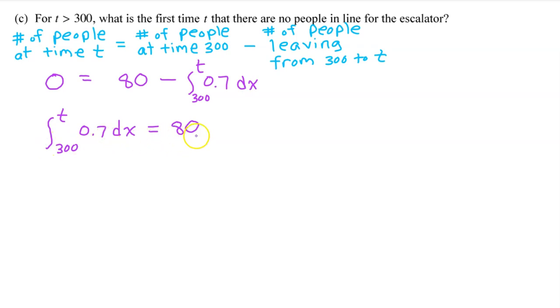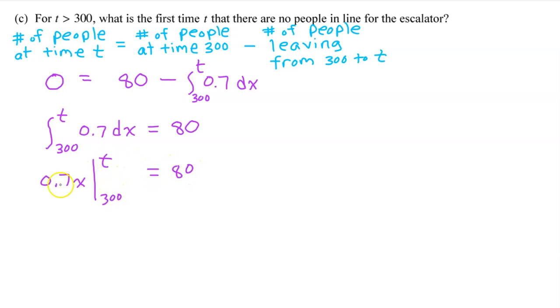So now we have this. We know how to evaluate a definite integral. We take the antiderivative of the integrand and then apply the limits of integration. The antiderivative of a constant is just that constant times the variable, so 0.7x. Now we need to apply the limits of integration from 300 to t, and all of this is equal to